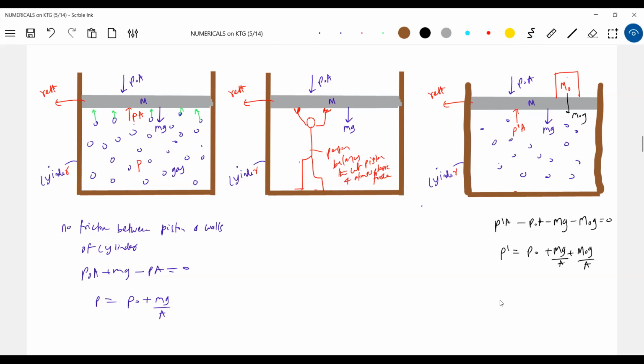What do you expect? Pressure will increase, no? So can anybody interpret what will happen to the molecules? Anybody wants to tell? Sir, due to the additional mass, there will be a slight compression, sir. Let it be, no problem. So volume will decrease and pressure will increase, sir. I'm not bothered about volume decreasing.